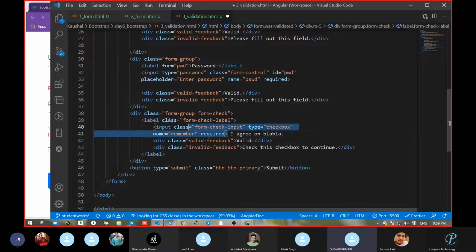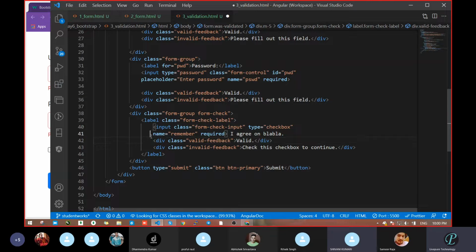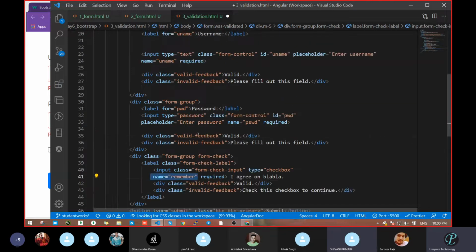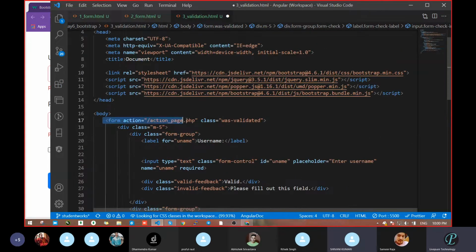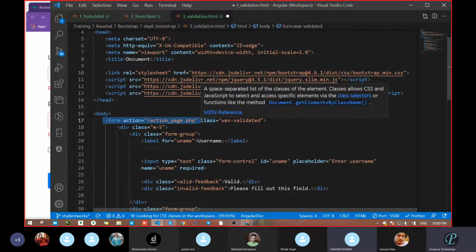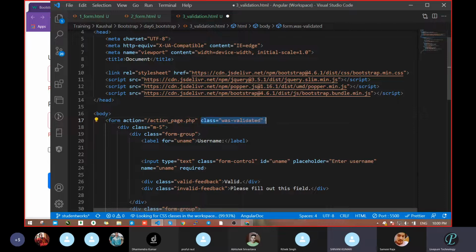This name property will search whether this has a required property, and the required property will search in the input whether it has data or not. If it has no data, with the help of the name property, it will go and trigger to the form section that some field is required but not getting data, and due to that this class is working accordingly. Means the name property is going to help you identify each input.